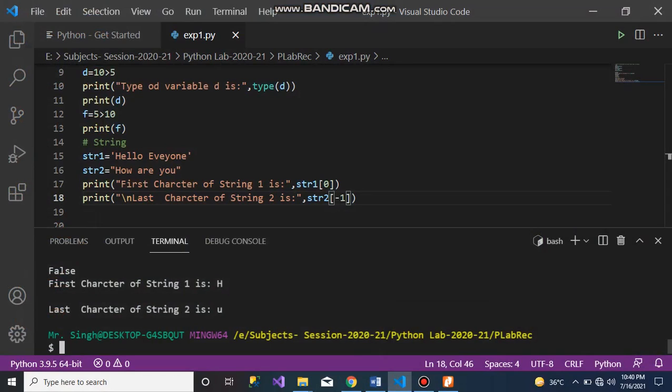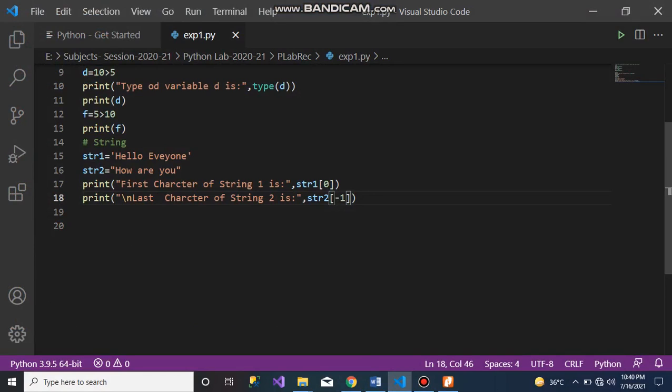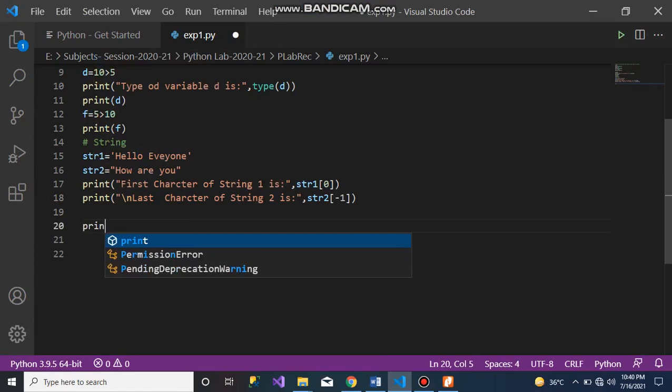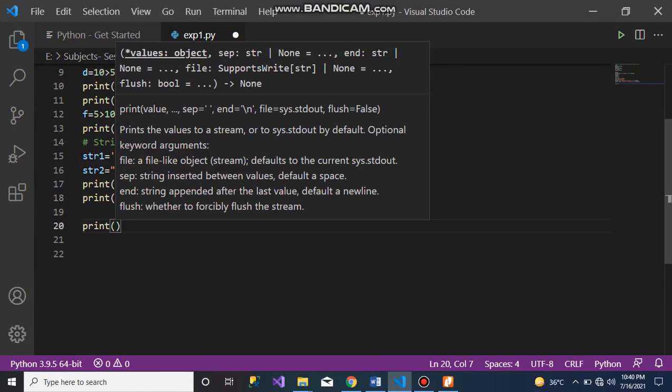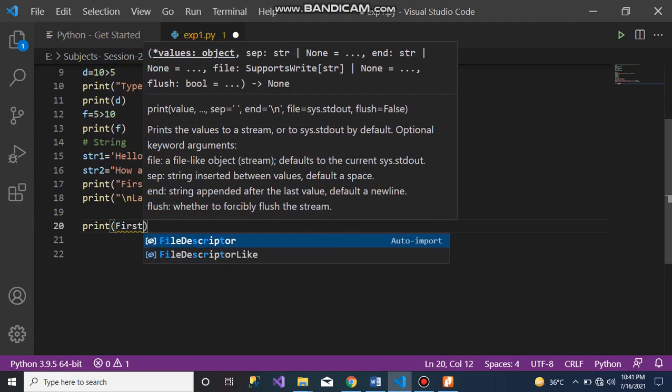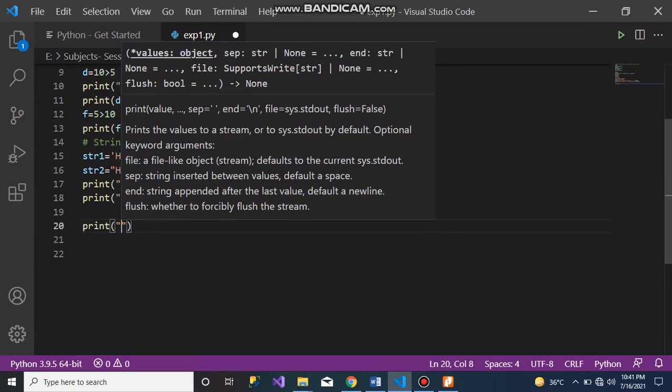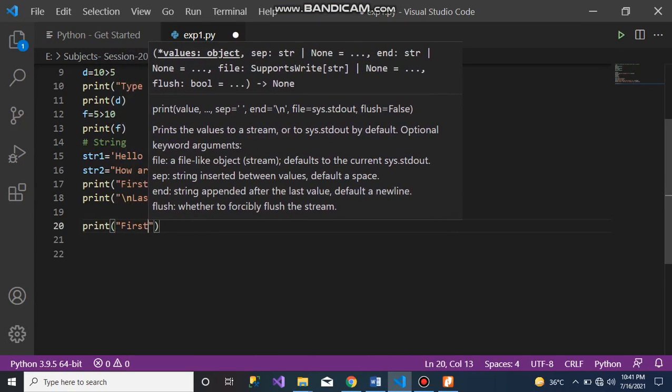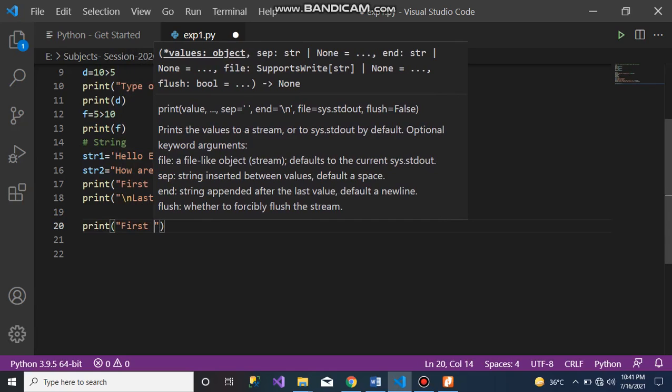Now I want to print the hello word from the string 1. Okay, so print first word